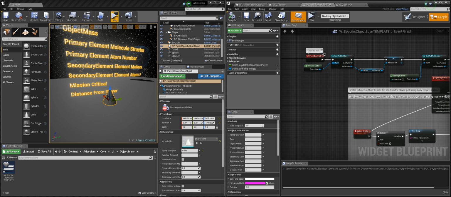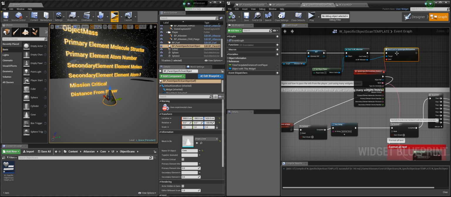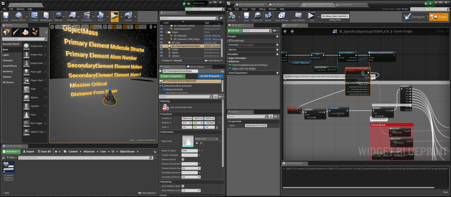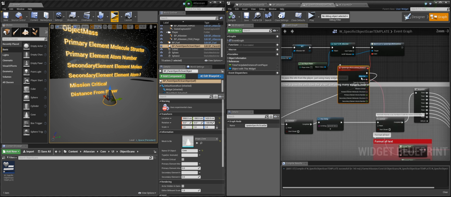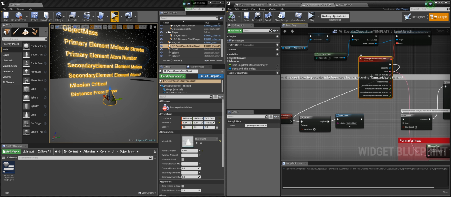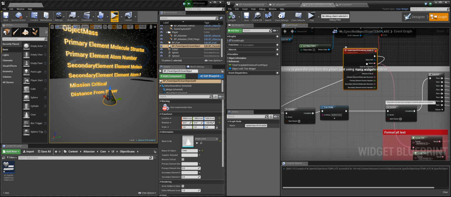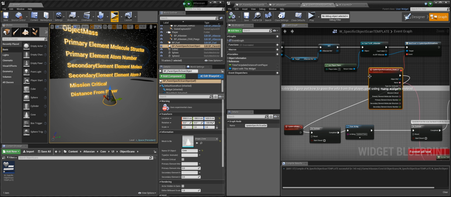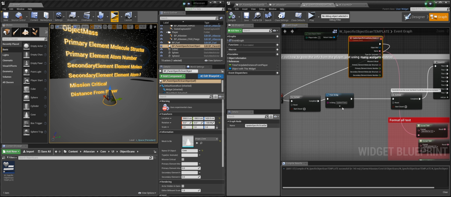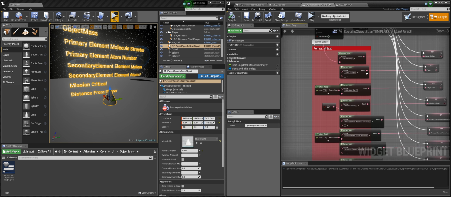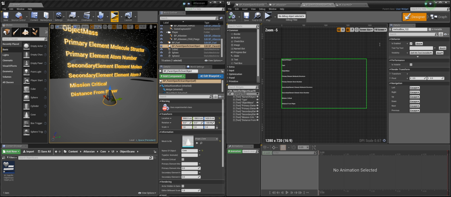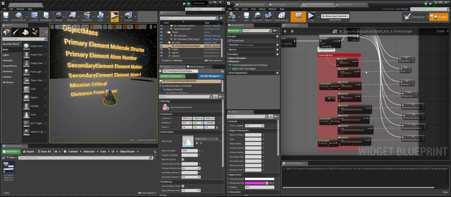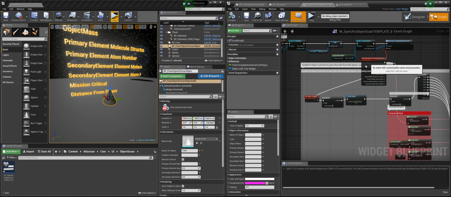Now on event construct, I've bound the event dispatcher to this custom event. This is the fixed one, which is why it's all wonky and whatnot and not titled properly at the moment. This is me just fixing it. How I originally had it set up was this fires off, and then it does it once, and it sets all of this information within this widget, which is all of this information here. So it sets all of that, but